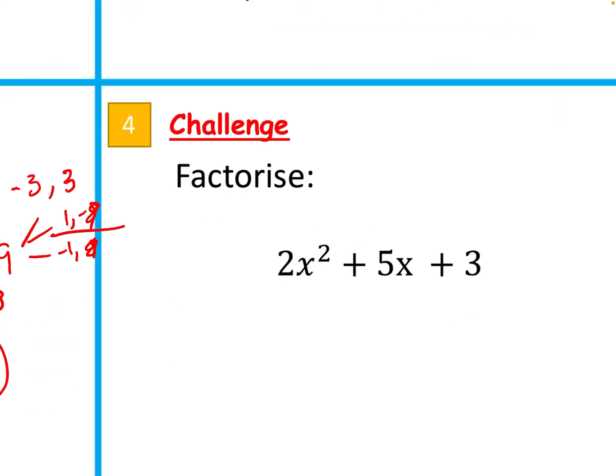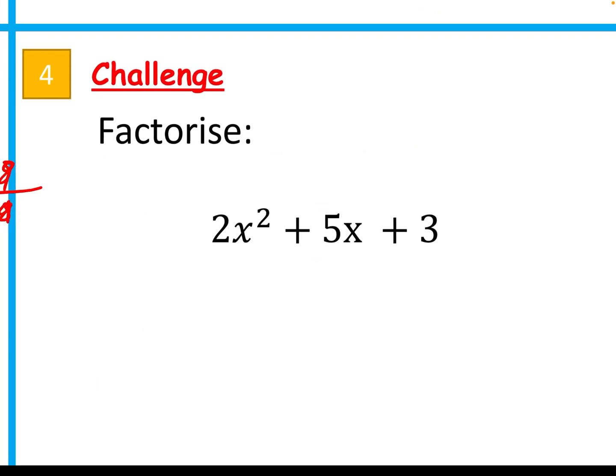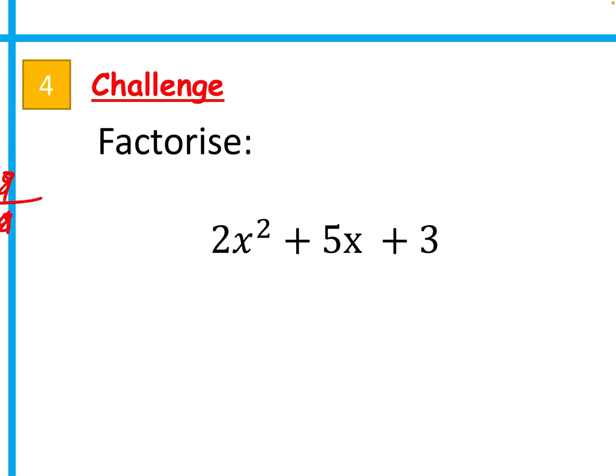For question 4, I'm going to zoom in. Now, it's been a while since I've explained one of these to you. We looked at these way back at the beginning when we were first looking at factorising, and they are a little bit more complex. There's a few steps you need to follow. The method we use is called the AC method because it involves multiplying the x squared coefficient, which is referred to as a, times the plus c on the end. So if I take a is equal to 2 and c is equal to 3 and I find AC,